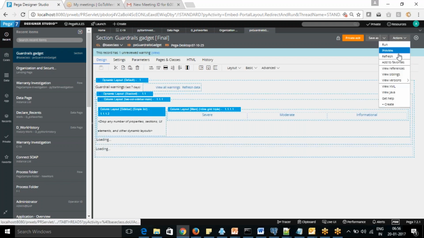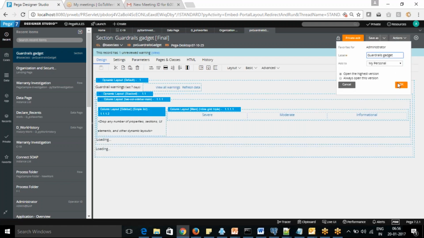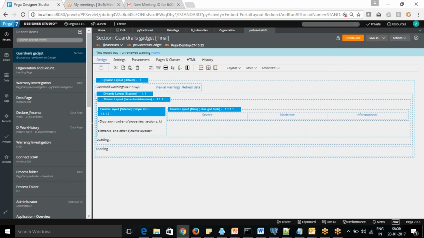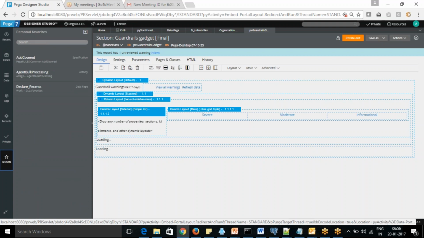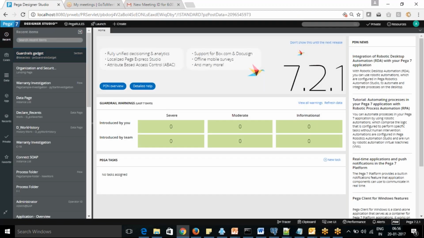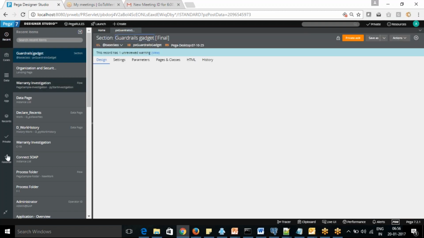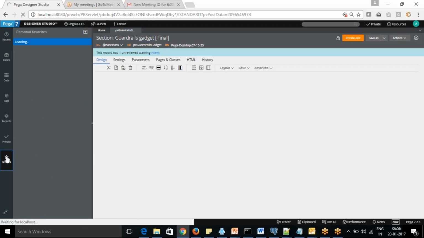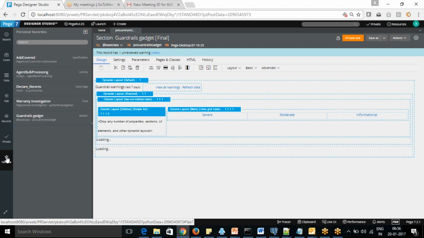Yes, I want to add this into my payment as well. No, something went wrong. Actually, I'll log off and log in once again. Does it refresh itself after some time? Just a minute. How do I refresh?